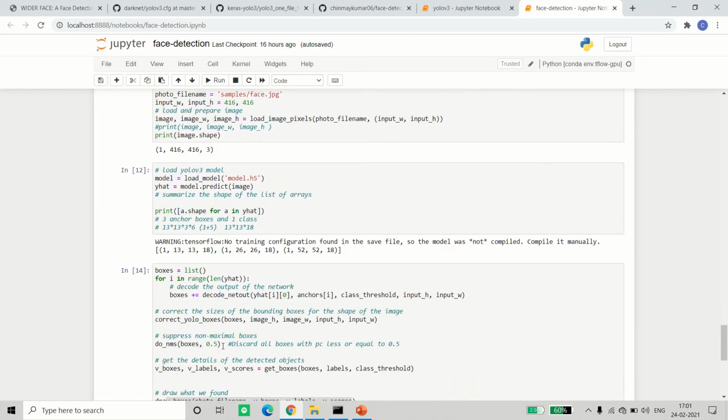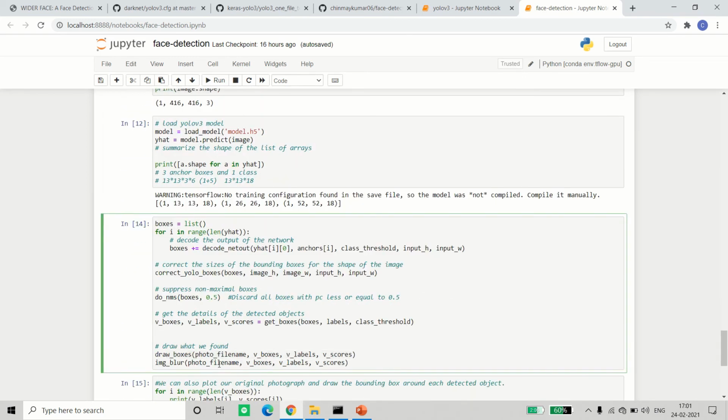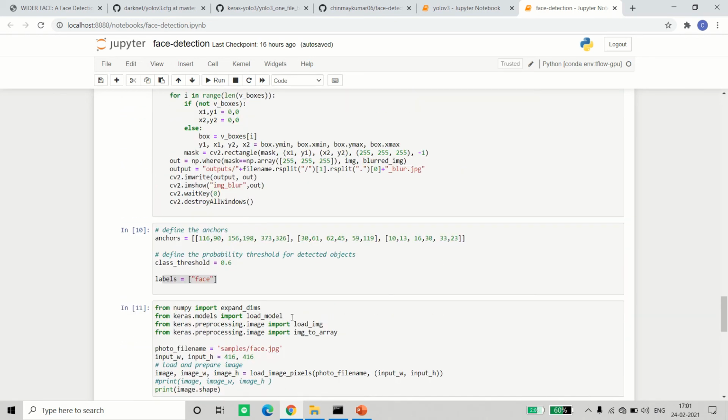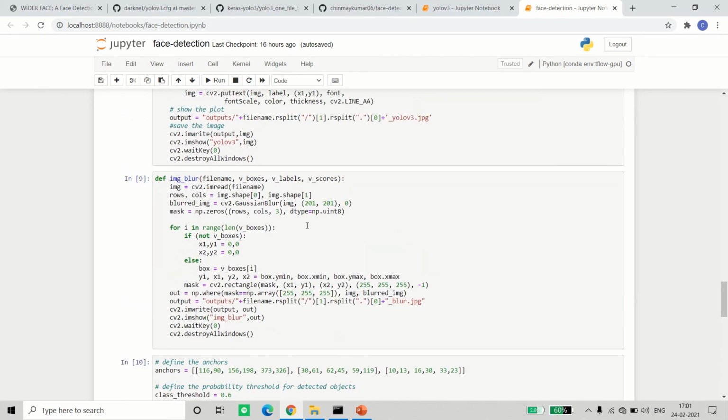Now after doing this, one extra thing is done, which is blurring the rest of the image except the detected faces. For that, a Gaussian blur is used, that too with CV2. So what I do, first I take the image and read the rows and columns. Now I'll blur the whole image using Gaussian blur. Now I'll make a mask with the rows and columns equivalent to the image.